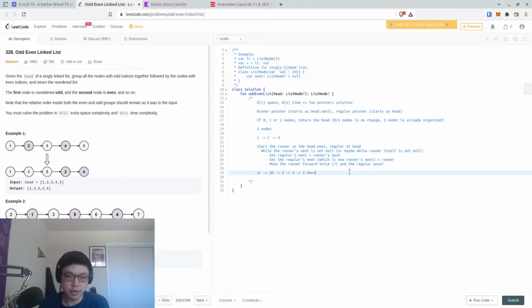So r is equal to the regular, and r is equal to the runner. Then we set the regular's next to the runner's next. So 3, 4, 5, and 2, where r is equal to 2. Right, so we've essentially disconnected this from the graph. Technically, 1's next now becomes 3, 3's next is 4, and 4's next is 5. So we've set the regular's next to the runner's next, which is 3. Then when we set the regular's next,